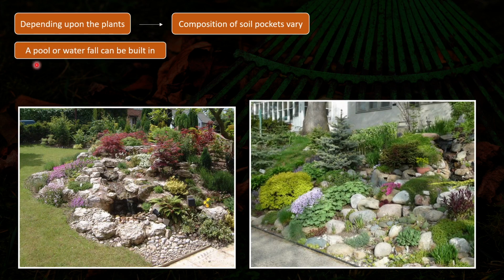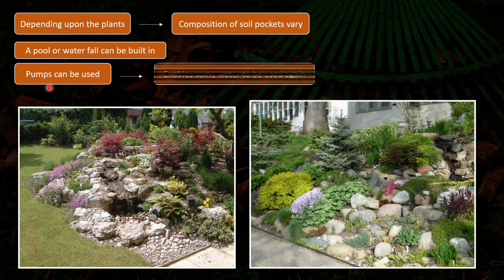Apart from that, in a rock garden, you can also add a pool or waterfall. So, for that, you can provide pumps also. Pumps are useful to enable the same water to be used again and again. So, as you can see in this rock garden, there is a waterfall, right? So, a pump is usually provided here. What that pump will do, it will utilize the same water again and again, and it will keep on falling, right? So a pool or water can be generated in the water garden.